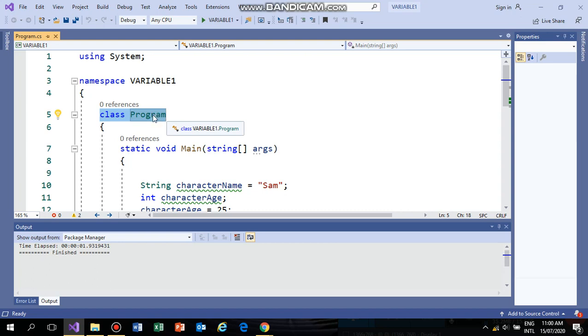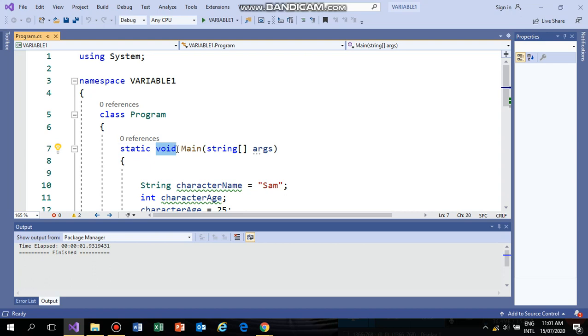A class defines the kinds of data and the functionality, with their objects. And what does static void mean? This is the very important line of this program in C Sharp. Static defines that an object is not required to access static members.